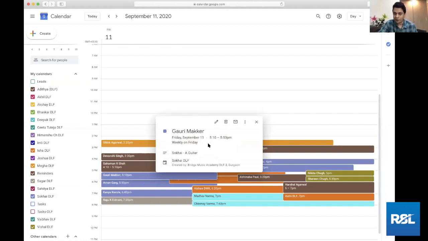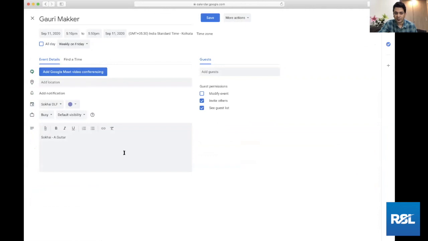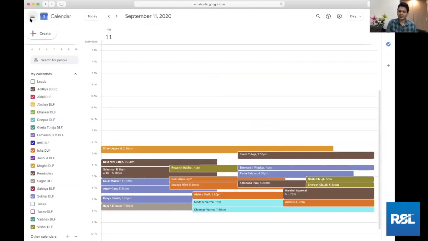So that's a weekly frequency. All of those things are visible right here. And if you go to the edit, you can see a lot more information about it. You can even give permission to other people to share this calendar and all of those things. So I'm going to explain all of these things step by step in detail of how this whole calendar thing works. But this is a calendar view.